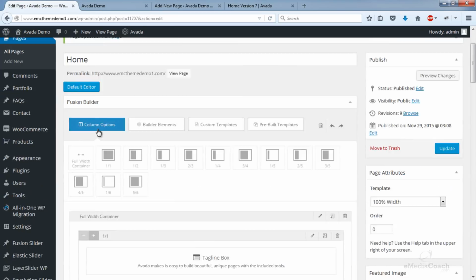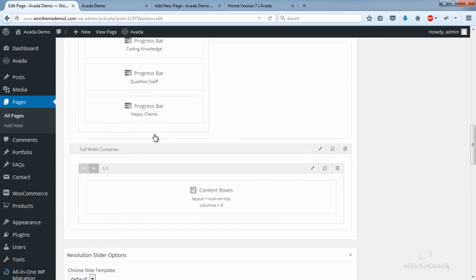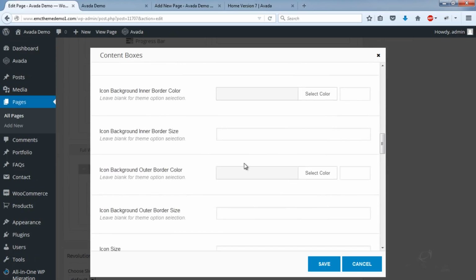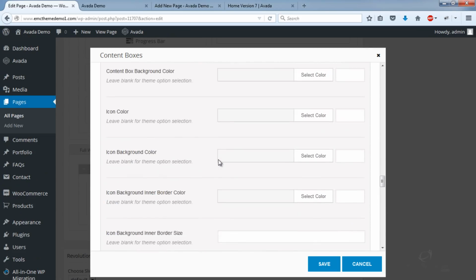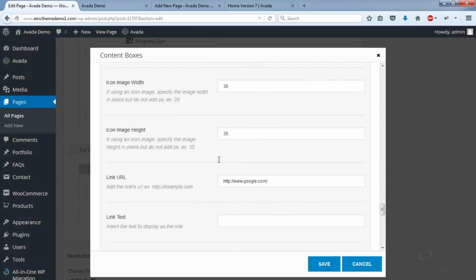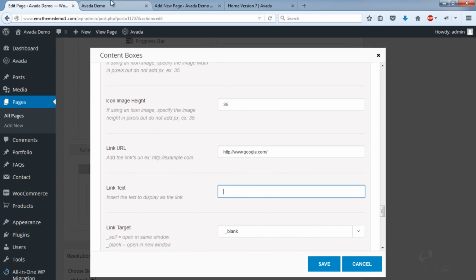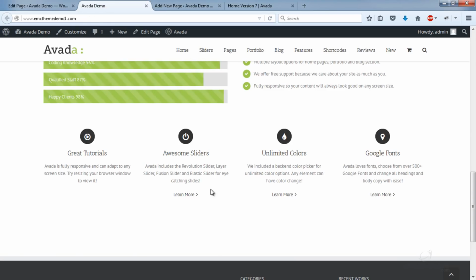Let's just investigate. So that's interesting. If you've got no link text, it doesn't actually show the learn more or whatever it is. It just links this directly to whichever page you send it.